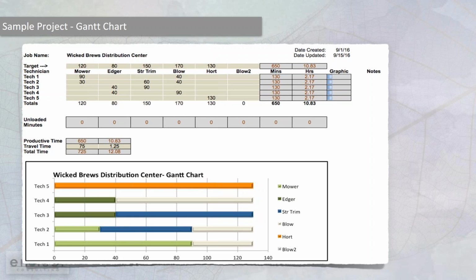To create a Gantt chart for either a maintenance job or an installation job does require that you know the task times for the specific functions that have to be done on the site, and that you spend a little bit of time thinking about that. But it is a very powerful way to get at the root cause of waste, because it's planning and it facilitates training. And if you do it enough, I've done it a great deal over the years, you get kind of good at it and it becomes second nature,